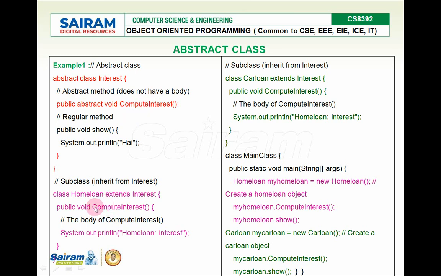So here the computeInterest abstract method is implemented in the subclass called HomeLoan. For ease of understanding, I placed only one statement in computeInterest. Similarly, there is another subclass called CarLoan, which extends the abstract class Interest, and the computeInterest abstract method is implemented over here. So CarLoan and HomeLoan are the two subclasses extending the Interest abstract base class.